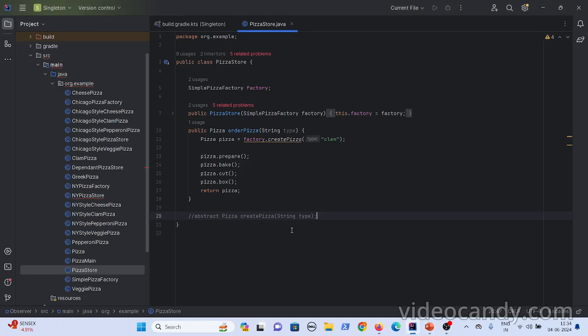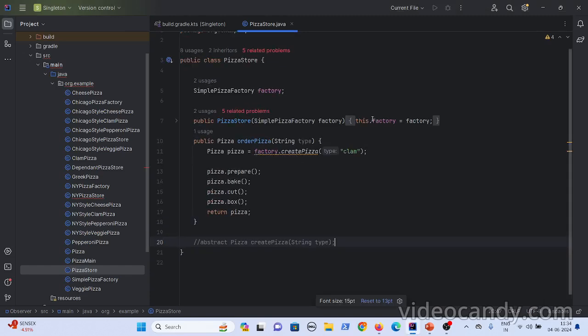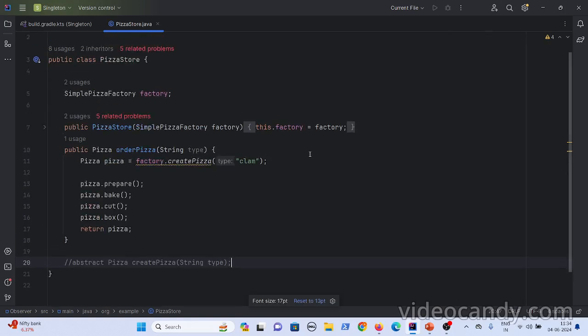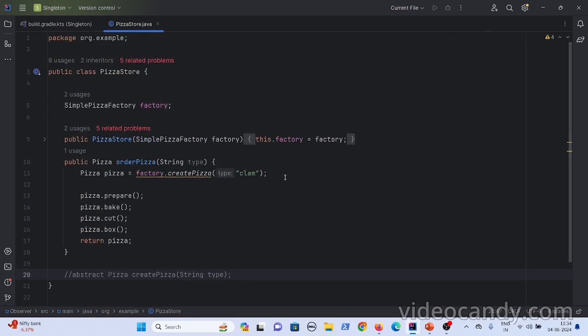As discussed in the previous video, we developed a pizza store, right? And then you are ordering the pizzas. Since you are ordering the pizzas, there could be different kinds of pizzas, no? Like cheese pizza, veggie pizza, and clam pizza.